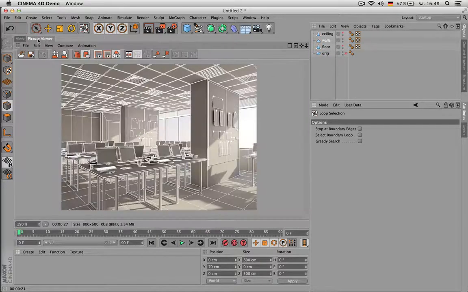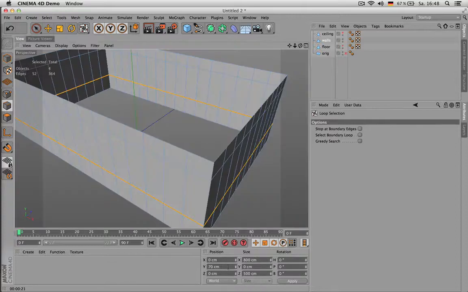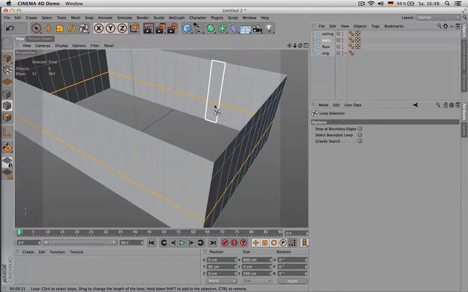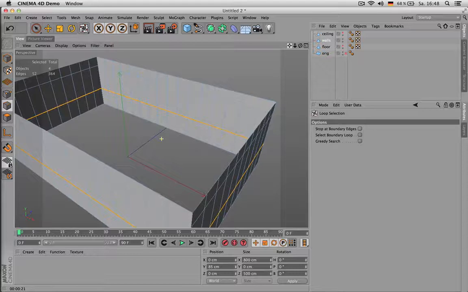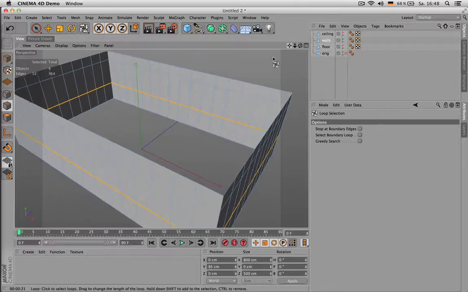Let's have a look. And yeah, maybe 90 wasn't too bad, or yeah, 85. So the next step is to, you know what, it might have been better to just cut